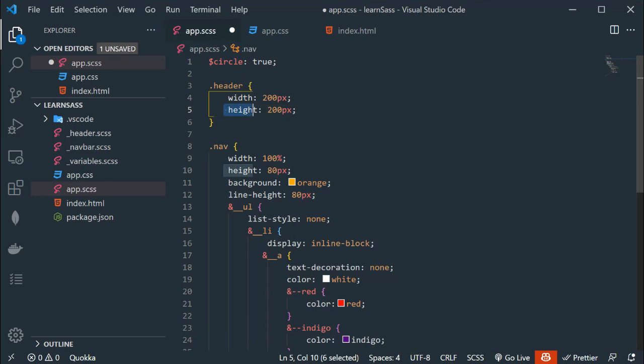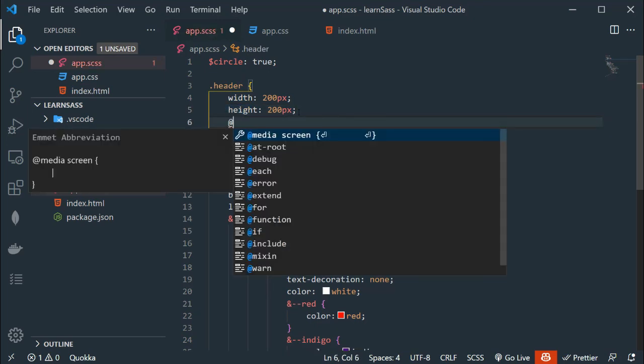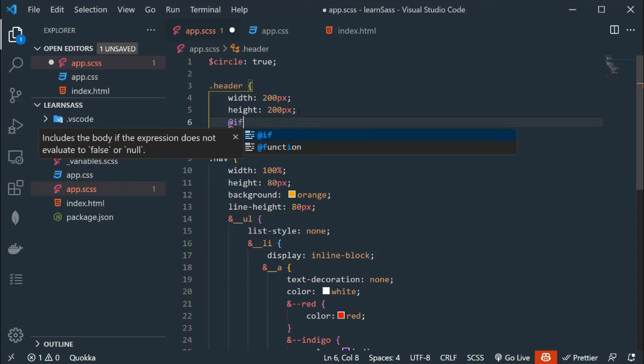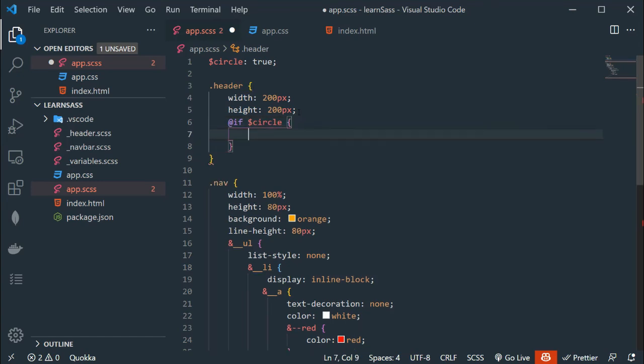Below the height, I am going to add @. First of all, we have to add the @if keyword. After the if keyword, we can add the condition. So I am going to add $circle variable, curly braces.